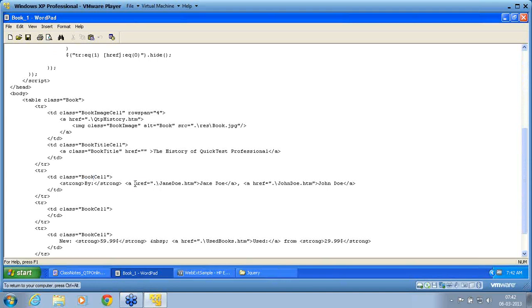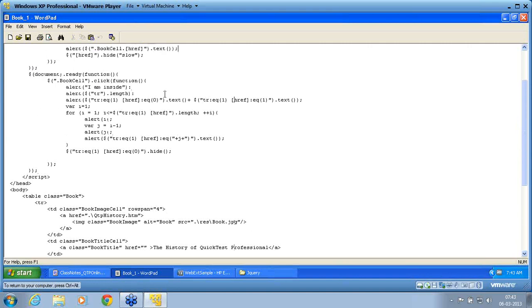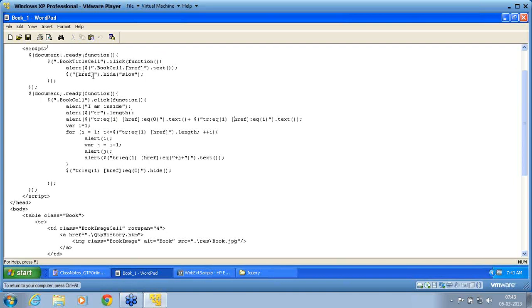In this class, I am taking all href. You can see there are two hrefs. I am taking all hrefs, including this href. Because bookcell is the class, under this bookcell there are three hrefs, 1, 2, 3. I am trying to retrieve all the hrefs. That's fine. That is my first function. Then I am now hiding all the href slowly. Slow is the duration. How fast you want to hide, how slow you want to hide.